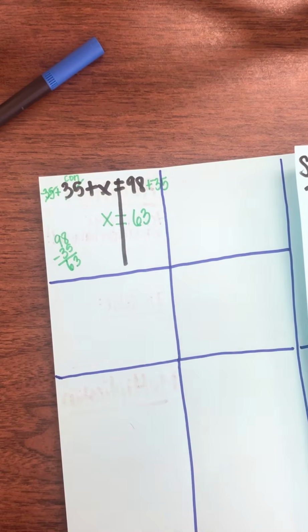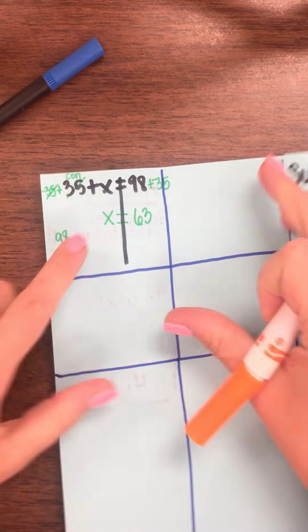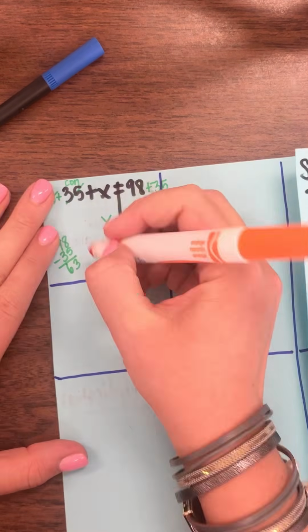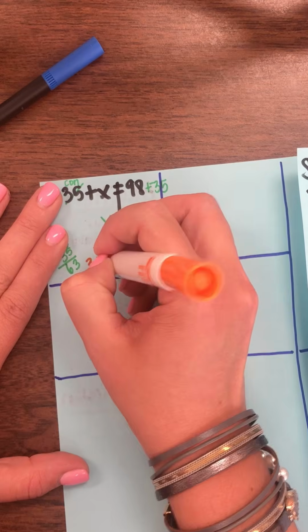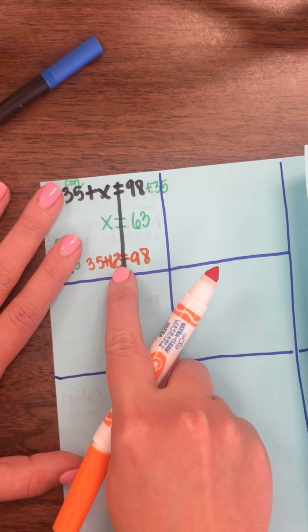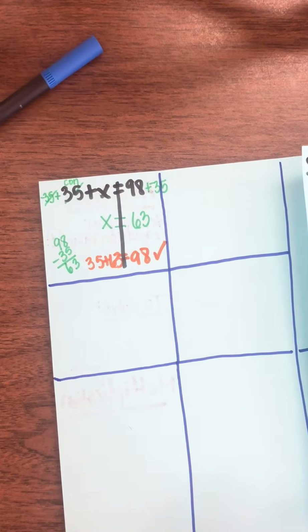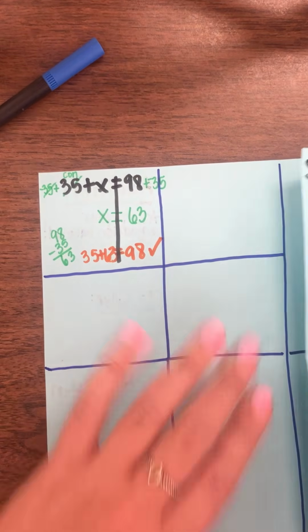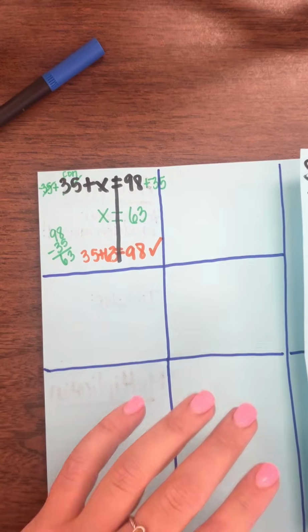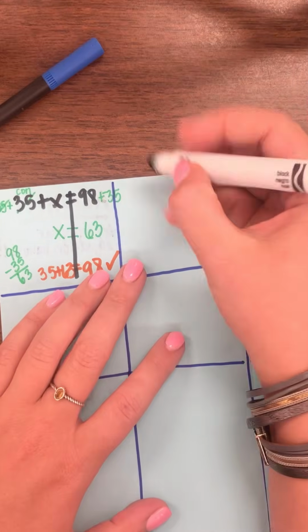Could I plug this back in? Absolutely. So if we want to look at proficient work, which means perfect work, we would go back and plug our answer back into our equation. So does 35 plus 63 equal 98? Well, 35 plus 63 is 98, so our answer is correct. Okay? All right. So our next example, still under the whole addition section, is going to be